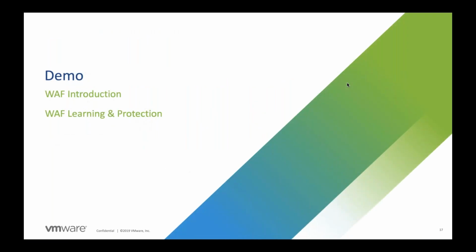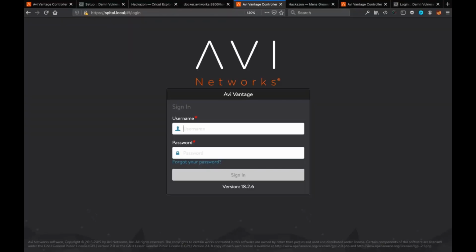All right, so let's hope the demo gods are with us. So I'll switch to the demo environment. Two demos I want to show to you today. The first one is giving you a small introduction into the AVI product and the web application firewall in particular. And the second demo is how do I actually onboard a new application very quickly with the application firewall and learn the application behavior. So basically what I just told you about in the slides in a demo, and I'll tell you all about that in a second.